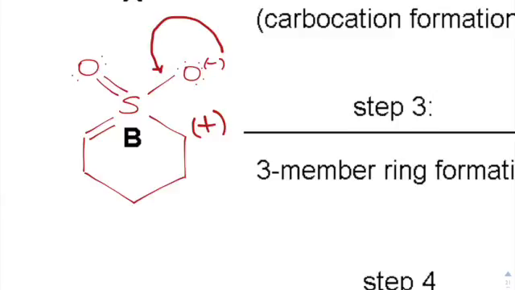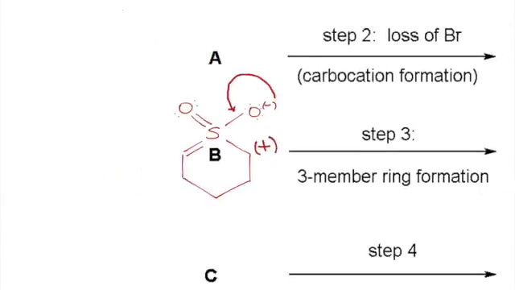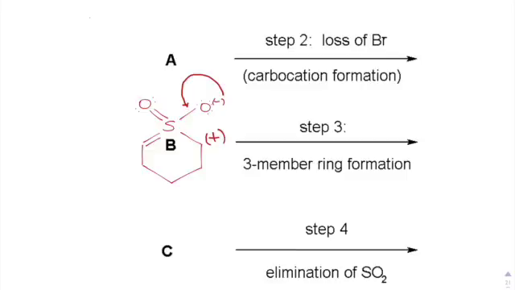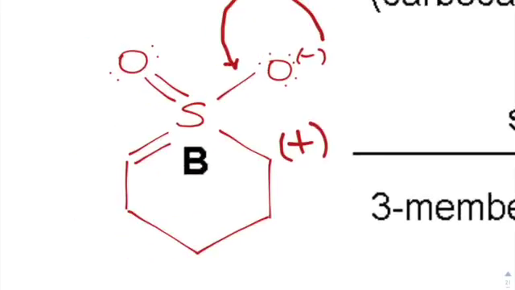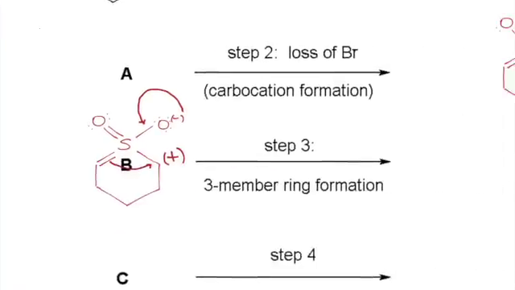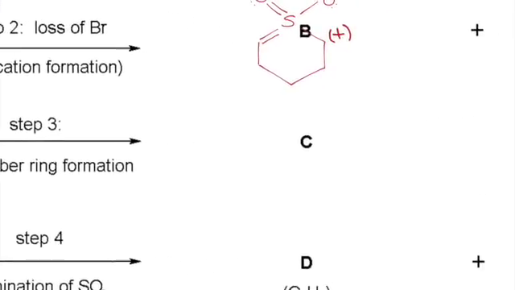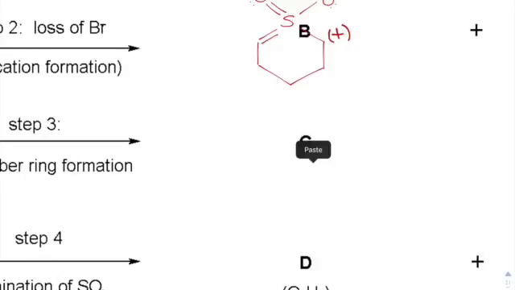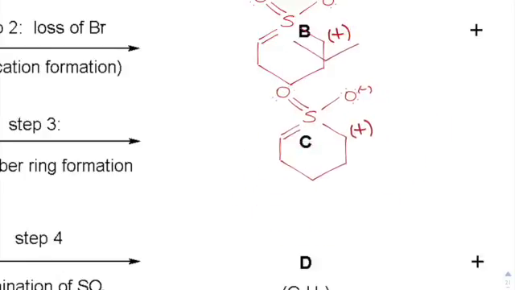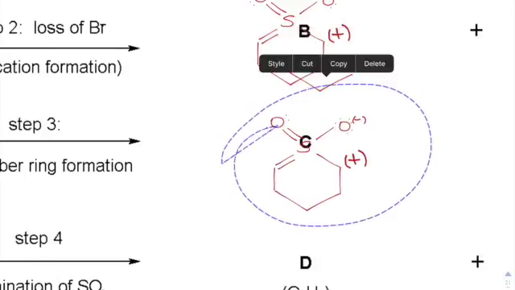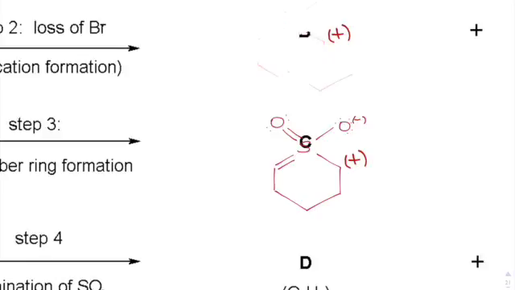And so when we do that, let me go ahead and draw that arrow real quick. When we do that, that stabilizes that positive charge because we're giving it electrons. And so what our C would look like, I'm going to go ahead and erase this since we're done with it. What our C would look like